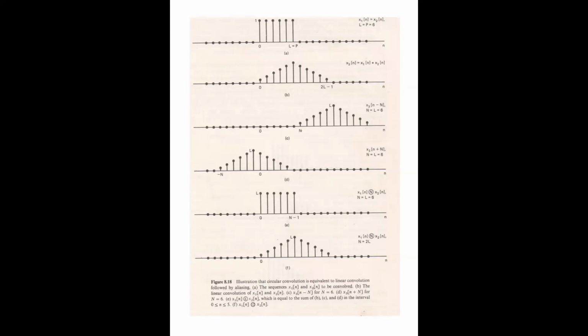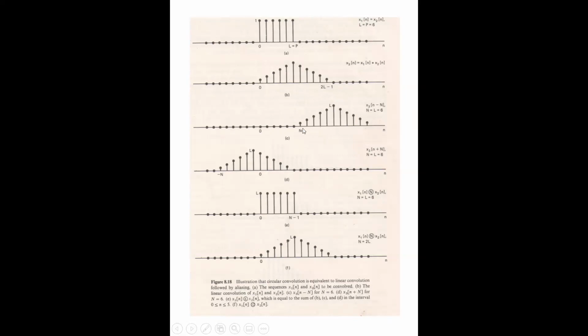So the samples that are time aliased are incorrect. The samples that are not time aliased are correct. The samples that do not overlap are therefore correct. Now, suppose I take this value of capital N to be equal to 12. Then the second cycle will be shifted out by 12 samples, and therefore the replicas will not overlap. See, now it is being shifted only by 6. That is why it is overlapping.